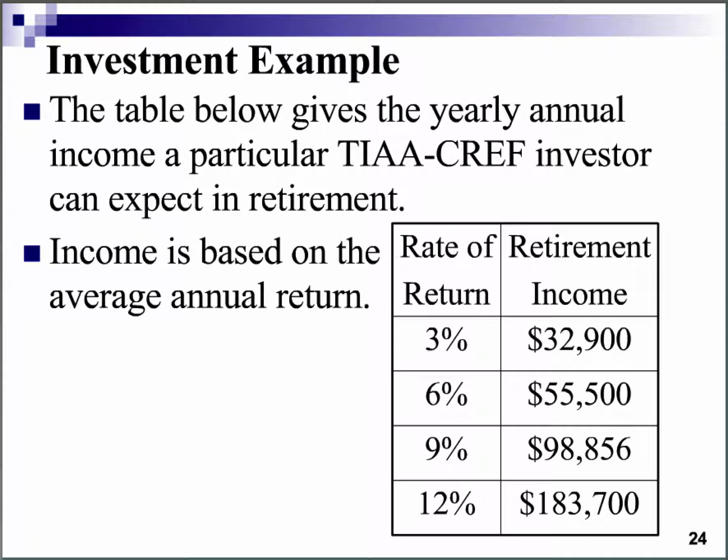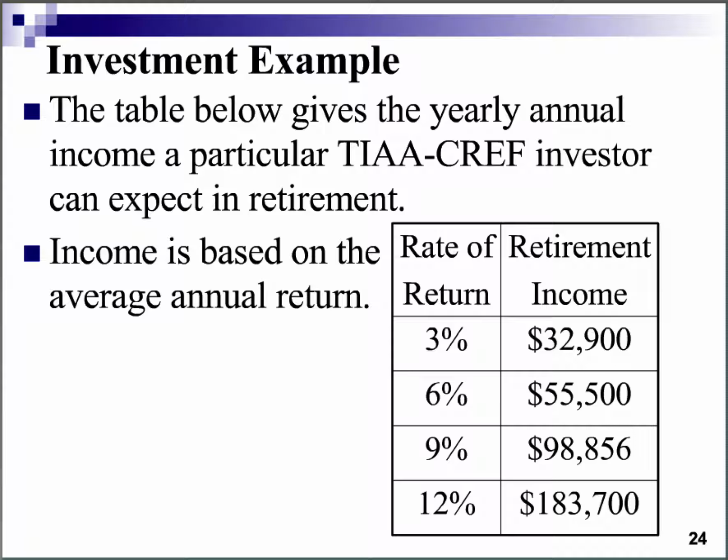Let's say it's 30 years from now. So this mailer, this piece of information, has a table, and it says, for example, that if you can average a 3% annual return on your retirement investments, and you continue to contribute to them in a way that is similar to what you've been doing in the past, then when you retire, your first year income will be $32,900 per year. Now, if you can manage a 6% rate of return, then your first year income will jump